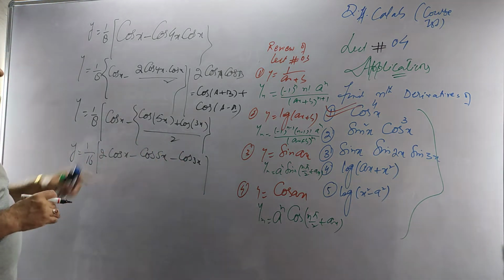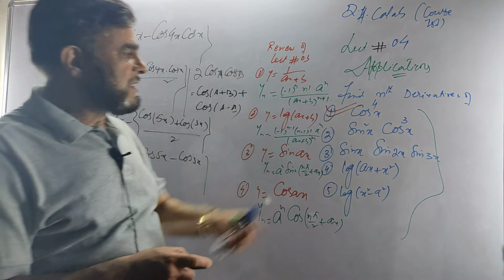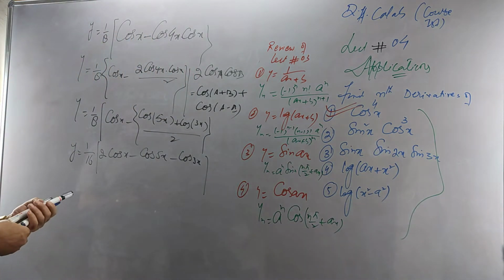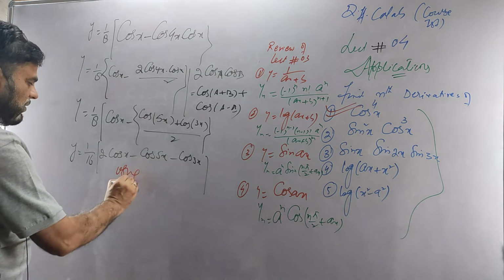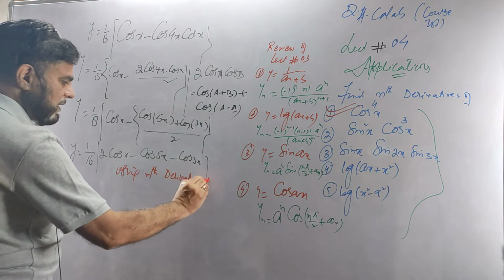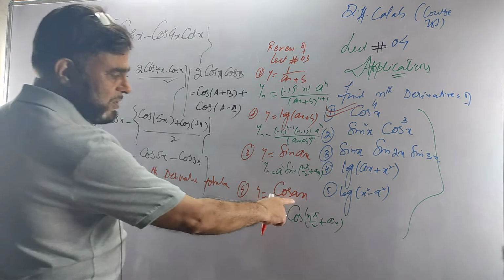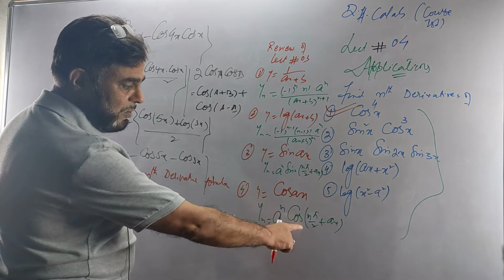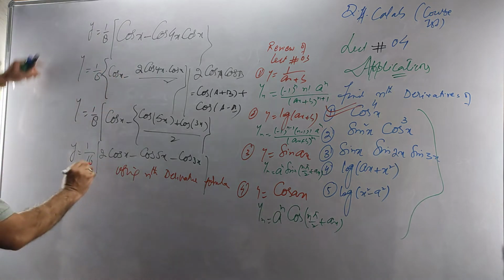Now you have converted the product into sum. It can sometimes be sine cube cos square, it can be sine 4, you can do it accordingly. Well, use the nth derivative formula. What is that? When y is cos of ax, what is the nth derivative of this? a raised to power n. What is this a? The coefficient of x in the angle. Then cos of, the angle gets added by n pi by 2 plus ax. It is this. Use the nth derivative formula.